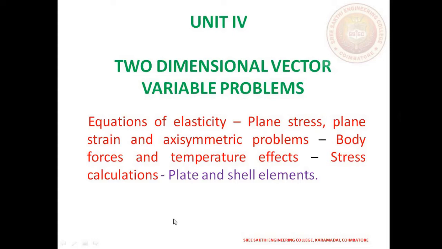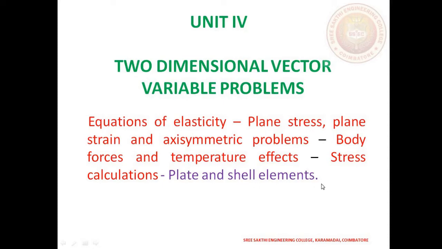The next one is the plate and shell element. So what is the meaning of plate? You know about the plate, that is in the x and y direction with negligible thickness, that is very small thickness. A plate is a planar structure with a very small thickness in comparison to the planar dimension. So it is called a plate element. The next one is the shell element. A shell element is a curved surface whose shape can withstand both membrane and bending force. It is called a shell element.